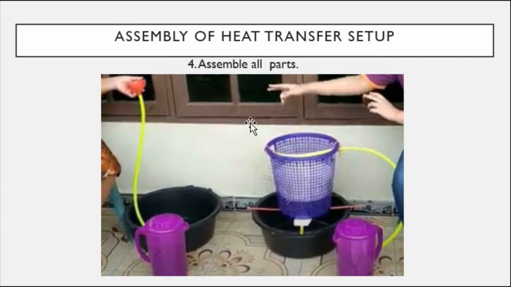Here is the final assembly of the parts. This is setup A and this is setup B. The 7 pieces of plastic cardboard that had been crafted were stacked in the middle of this blue basket by some sticks. I did not need to make holes for the air inlet at the bottom since I used a basket that had holes along its walls.